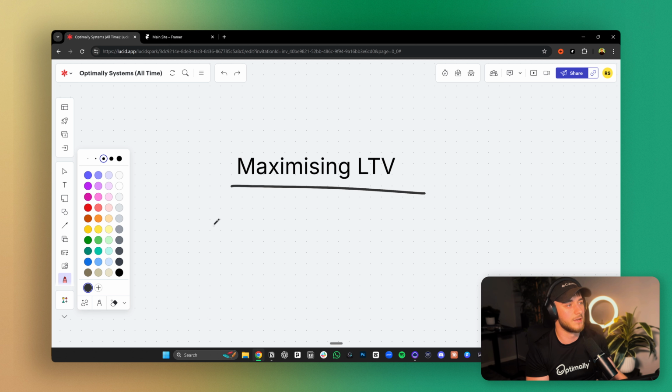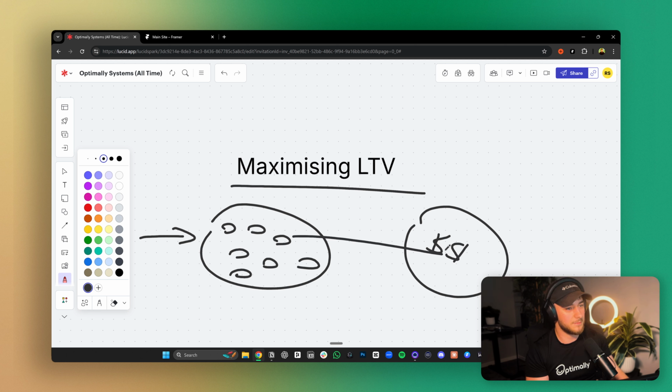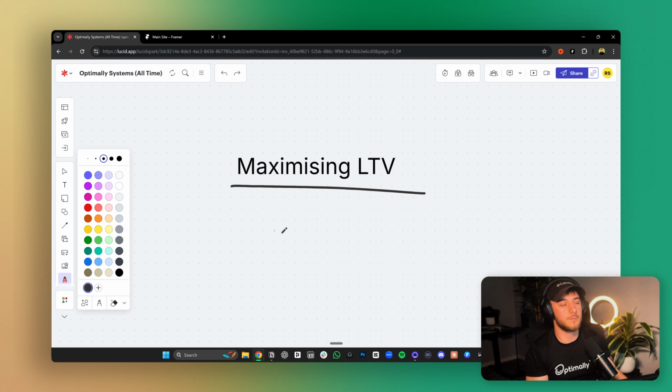So if you can imagine these clients that I'm bringing in right now, we're bringing them all into here. This is kind of my pool of clients, right? And this is kind of my upsell, where the real money is. Then some of these people are going to go into here. It's not going to be all of them, but some of them will, whatever percentage that is. So I'll give you a tangible example of what that is.